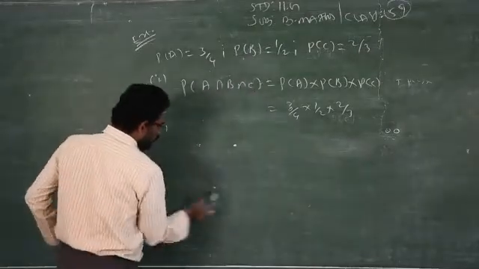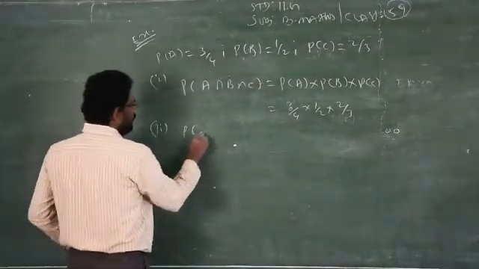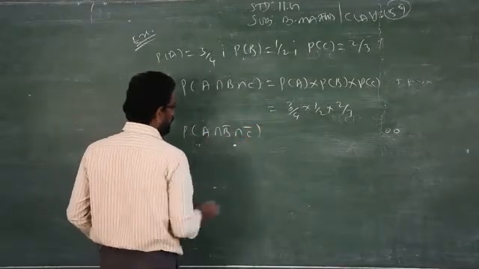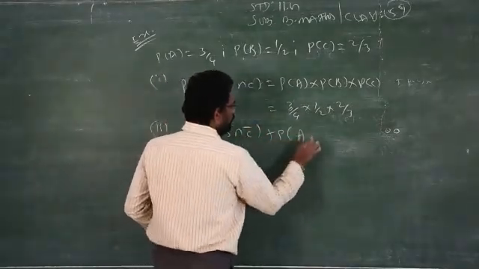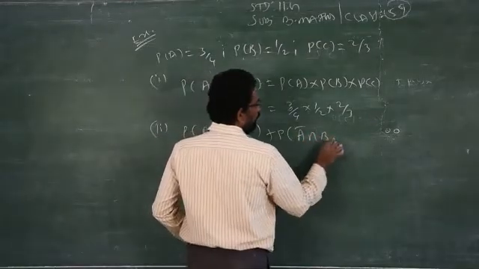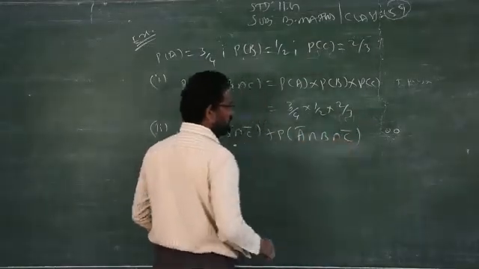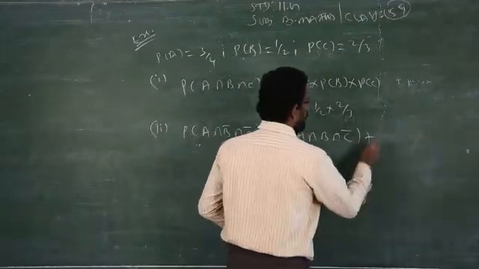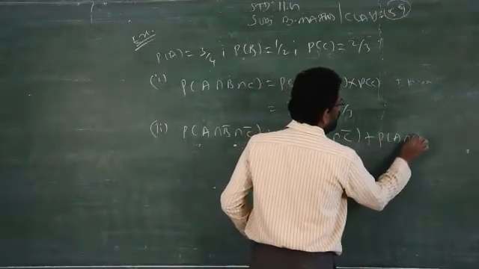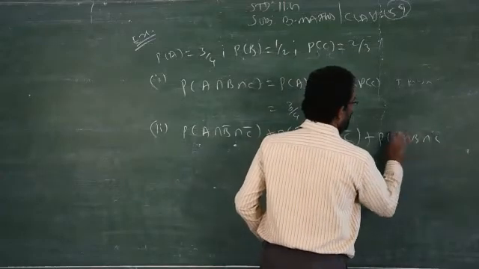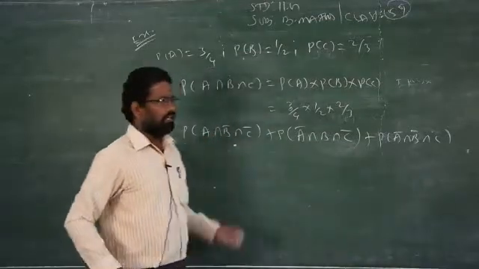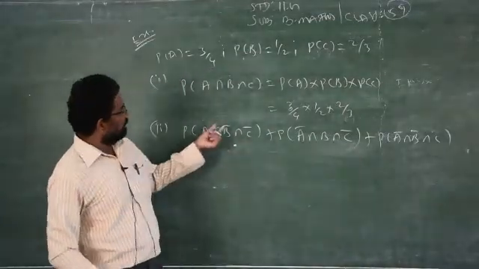So there are 3 possibilities. Just now I said, when A has killed that enemy, B and C are not affected. Similarly, when B has killed the enemy, then C is not necessary, that is an independent event. Plus, A intersection B intersection A bar, B bar and C. When C killed the enemy, A and B are not necessary. That "not necessary" word only means bar.